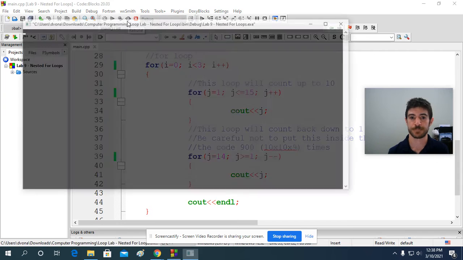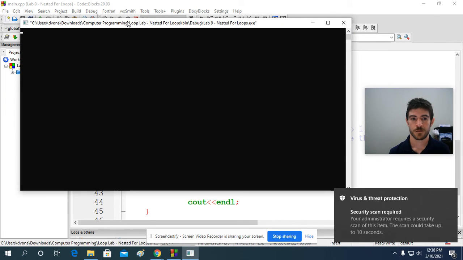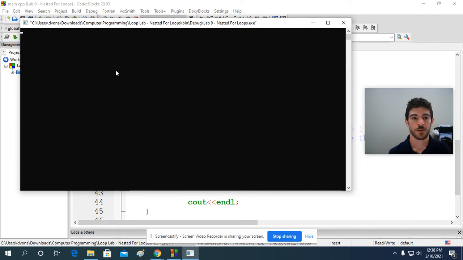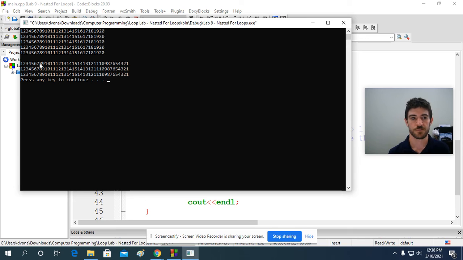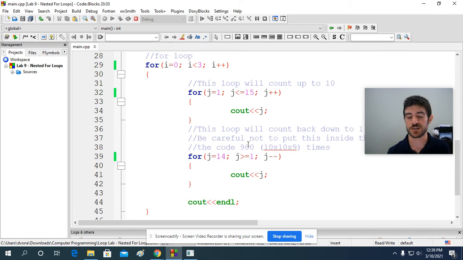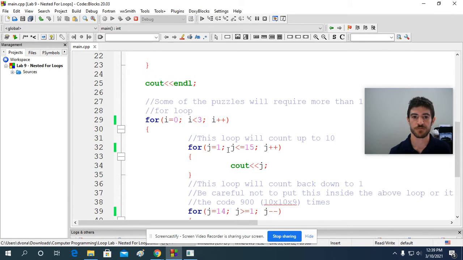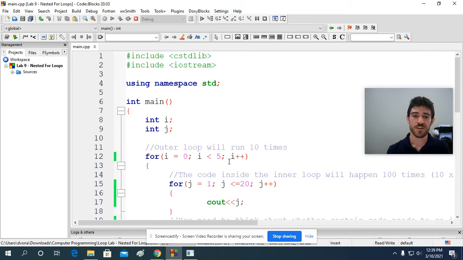All right, so if we look at that, you'll see that we get a slightly different output this time. We're only getting the 3 rows, but they're going all the way up to 15, and then they're going back down to 1. And I got these by modifying some different stuff here. All right, so this nested loop structure is going to become really important in our next unit when we start